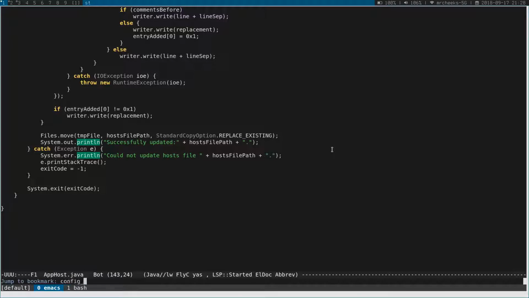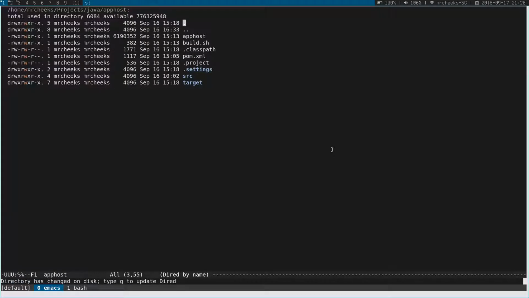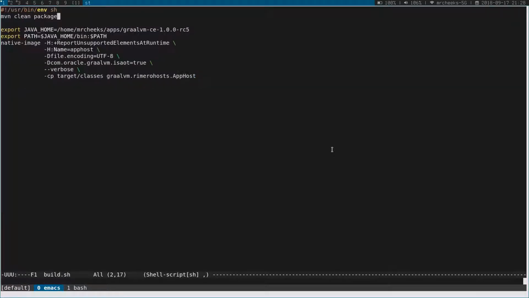So in terms of build, let's look at how I build it. This is a Maven project, so I would use the Maven command line. And I have downloaded GraalVM version 1.0.0 RC5. And the latest version is release candidate 6, but it has a bug. So that's why I had to downgrade to RC5. So once I set my Java home to point to my GraalVM installation, and